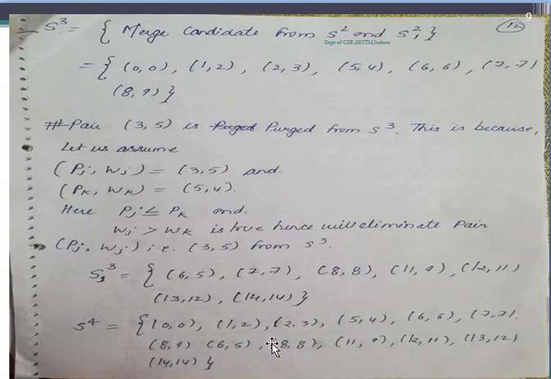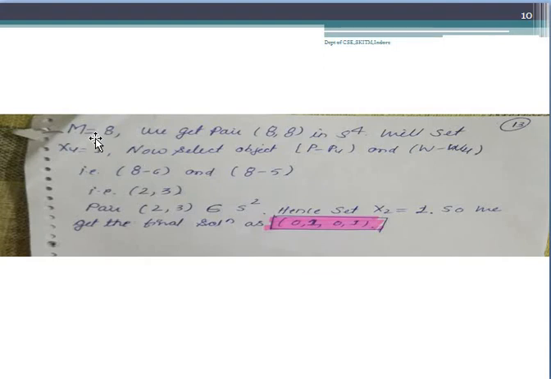So what we are doing, we are checking if our knapsack contains this object, what all objects we can carry with us and how much profit we are getting. So we are getting a profit of 8 and the weight is 8. If the weight is 8, we get this pair in S4. We'll set X4 to 1. Now we are selecting and we'll check. If we are considering the fourth object, whose profit is 6 and weight is 5, after that what we are getting is 2 comma 3, that is remaining.